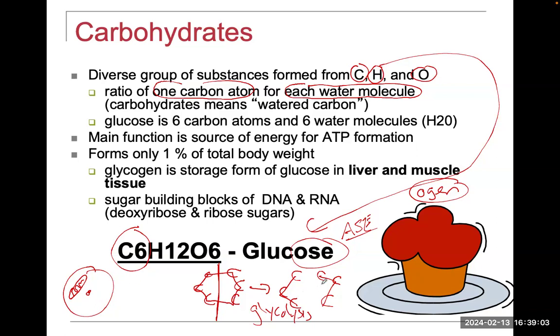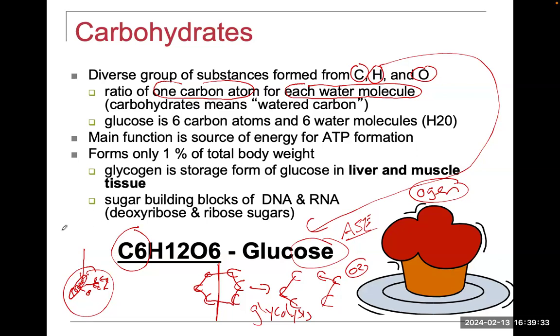But once we have pyruvic acid in the presence of oxygen, the pyruvic acid can enter the mitochondria. So we've gone from glucose to pyruvic acid, right? 2 3-carbon sugars, and that in the presence of oxygen can enter the mitochondria for the 2 other main